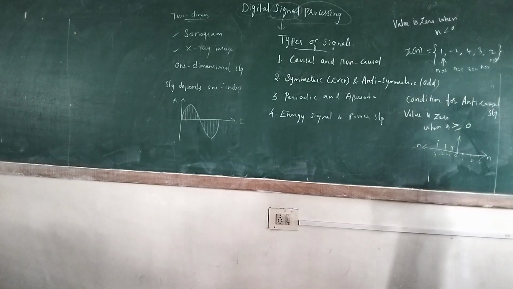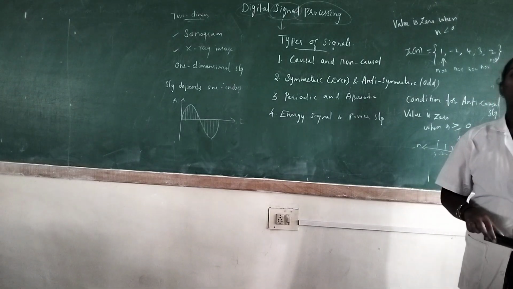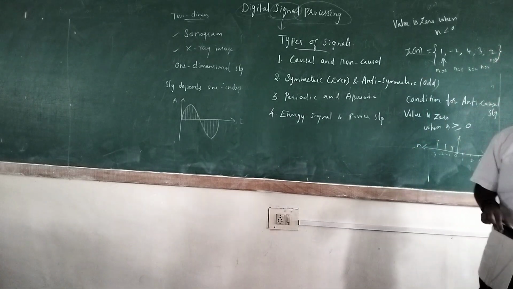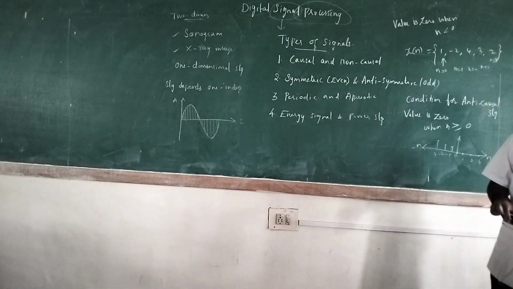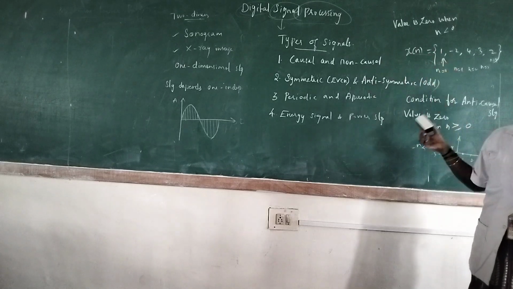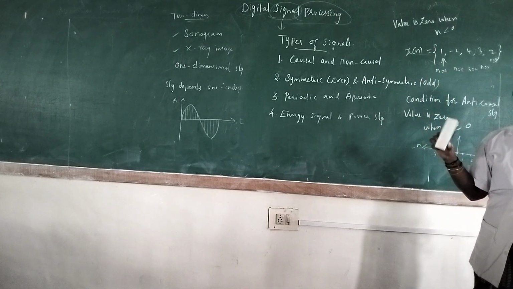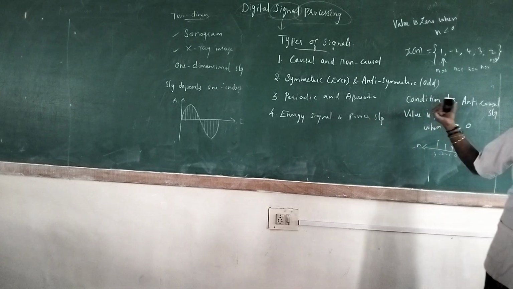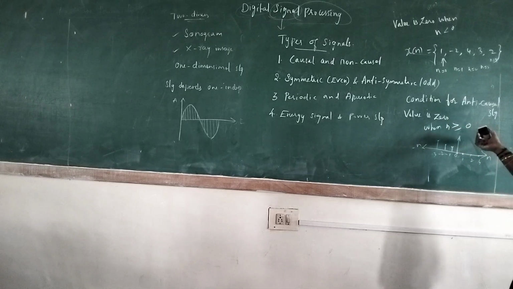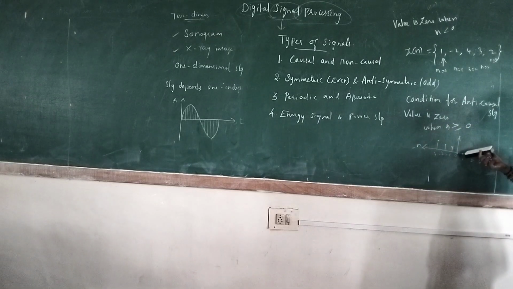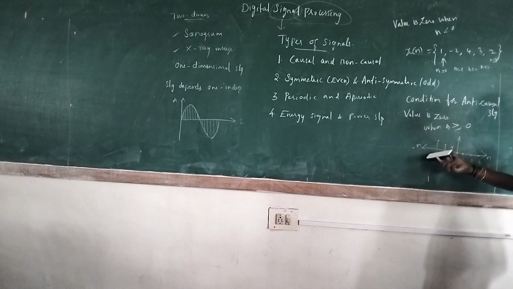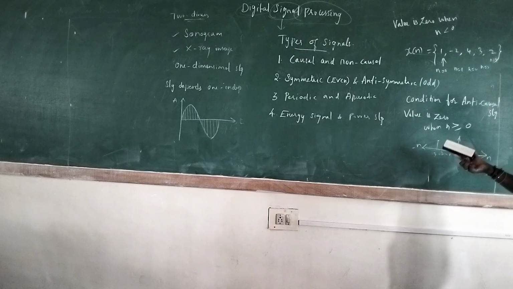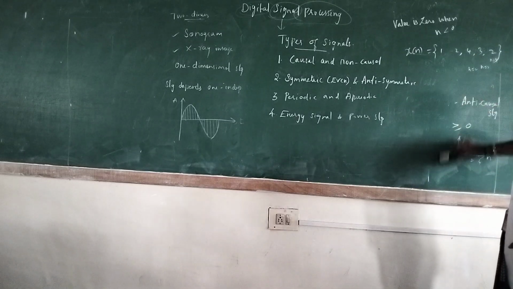So again I am repeating, the causal signal is nothing but the signal will be 0 when n is less than 0. Hence the signal is called a causal signal. Otherwise, if the condition doesn't satisfy, then the signal is called a non-causal signal. And one more type is your anticausal signal. The condition for anticausal signal is that when n is greater than or equal to 0, the value will be 0. Hence, this type of signal is called an anticausal signal. Okay. Then